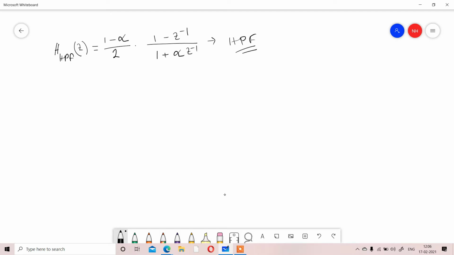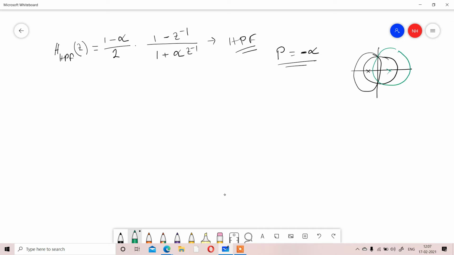Okay. Now in that high pass filter, the pole that you are getting is minus alpha, because you have 1 plus alpha. Whenever the plane you are considering, the pole you are getting towards that side, you need to choose that part. But till now we have worked over that part, for each and every case we have got the pole positive, so that is okay. There is no problem, there is no confusion that it is a high pass filter.